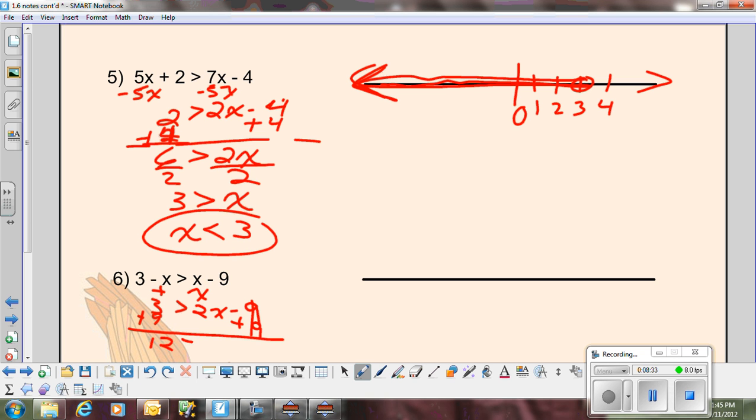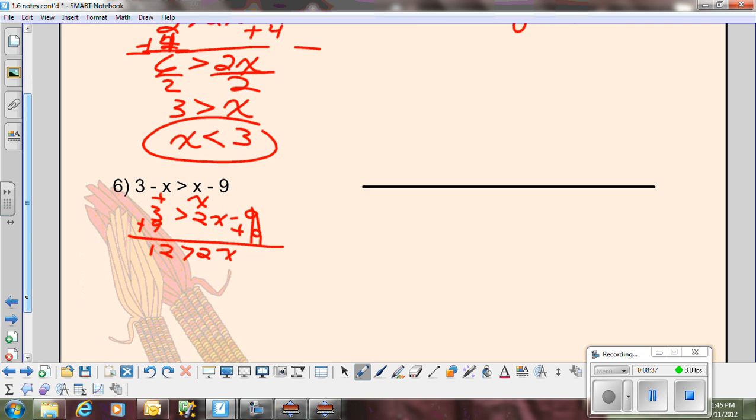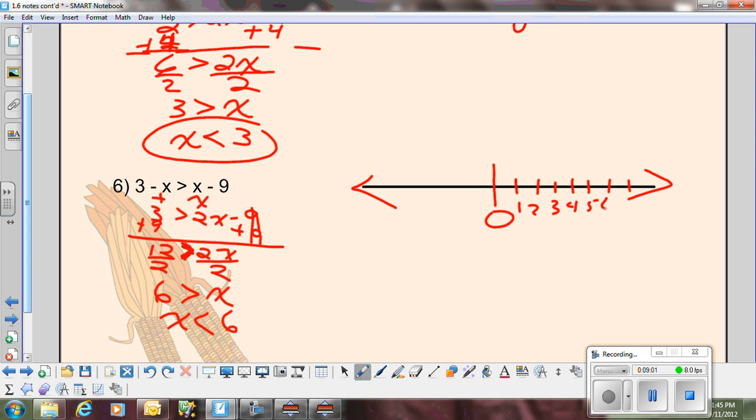12 is greater than 2x. What's the last example? I'm going to divide by 2. And I get 6 greater than x, or the final answer, x is less than 6. Open circle, and I go